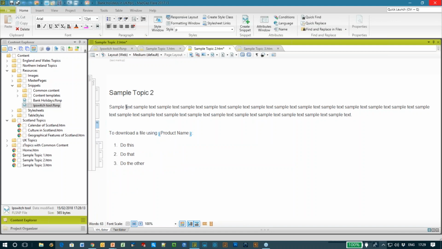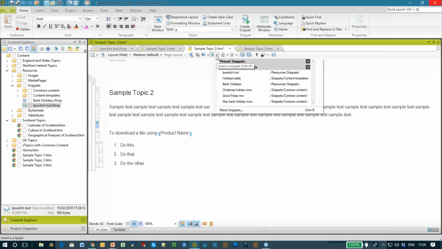Alternatively, you can use the snippet button. And the snippets button is quite useful because it actually gives me a list of all my recently used snippets. So I don't have to hunt around to find the snippet. If it's one I've only just used a little bit earlier, I can find it in that list. What's more, I can pin that snippet.